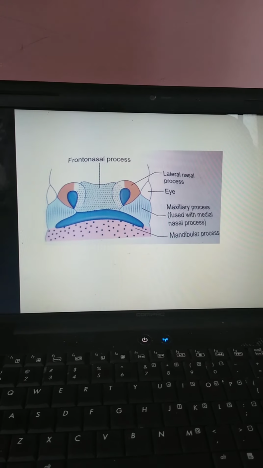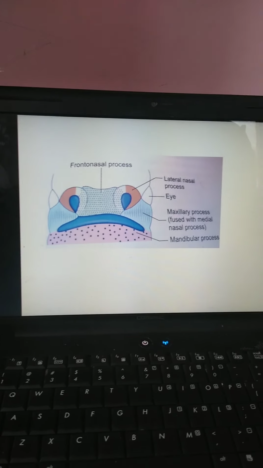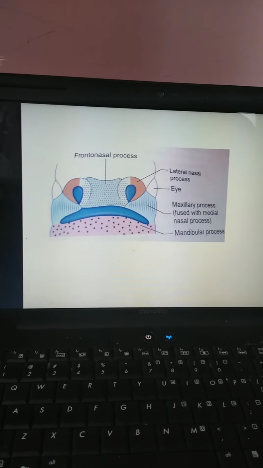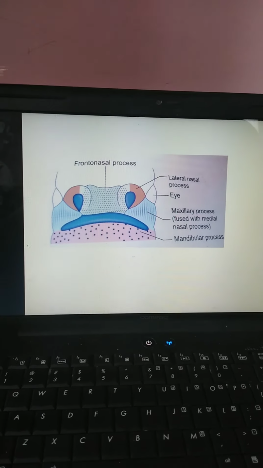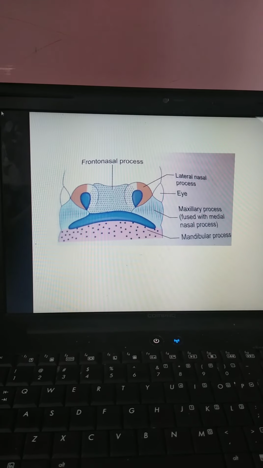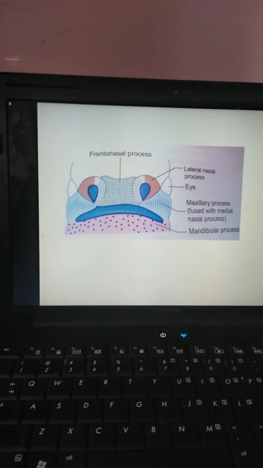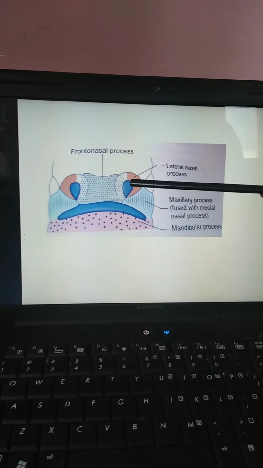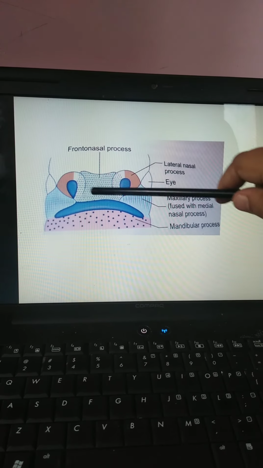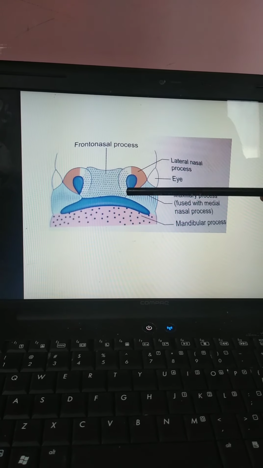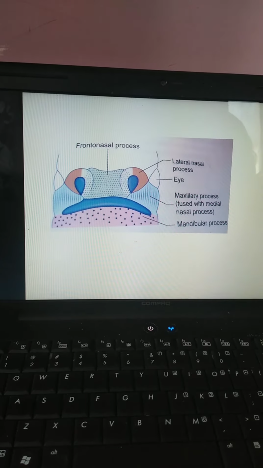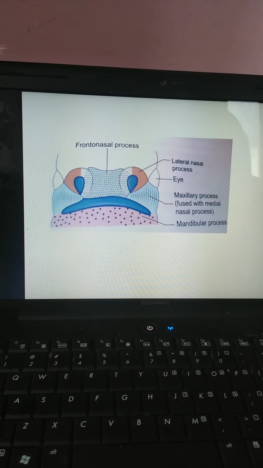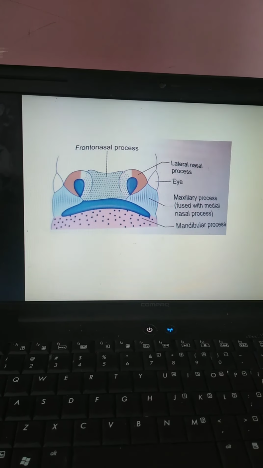The dorsal part of the sac is first separated from the stomatodeum by a thin membrane that is known as the bucconasal membrane. But soon it breaks down and the nasal cavity opens into the posterior part of the mouth, that is known as the posterior nasal aperture. Anteriorly, due to the heaping of the mesoderm, it opens downward and is now known as the external nares, or anterior nares.